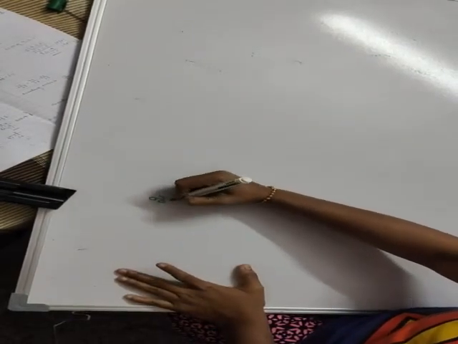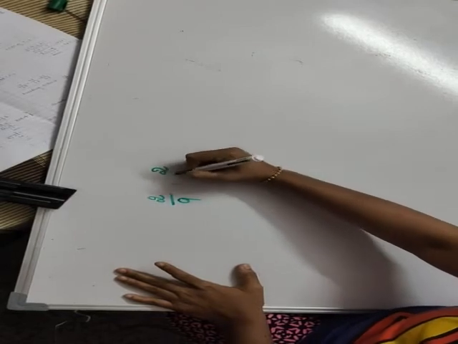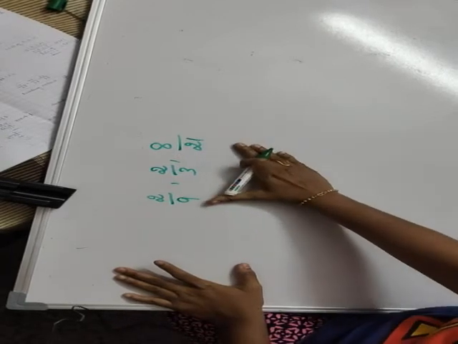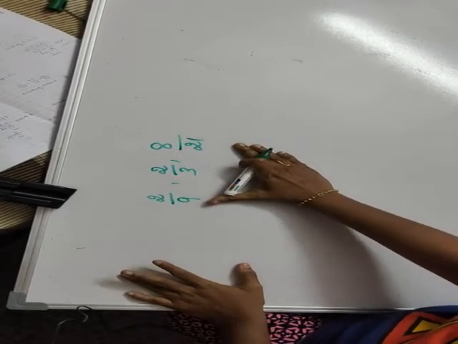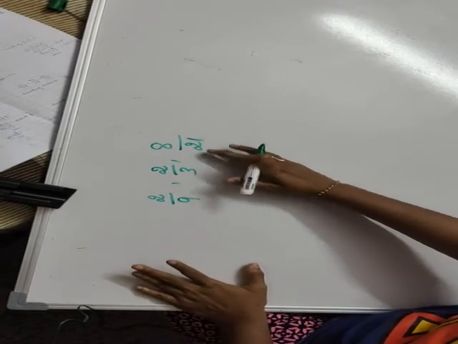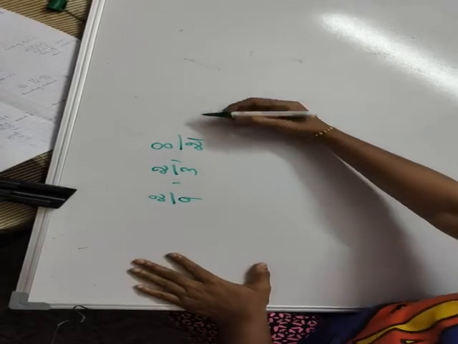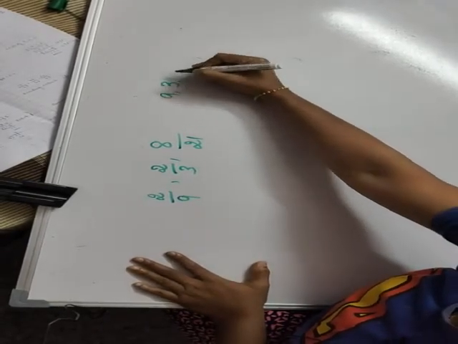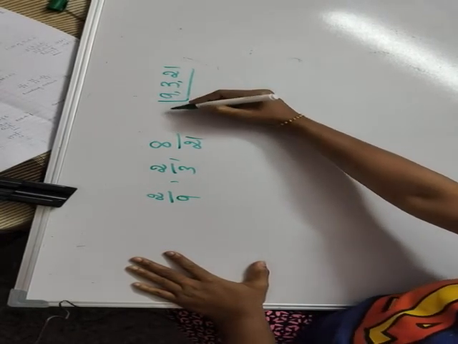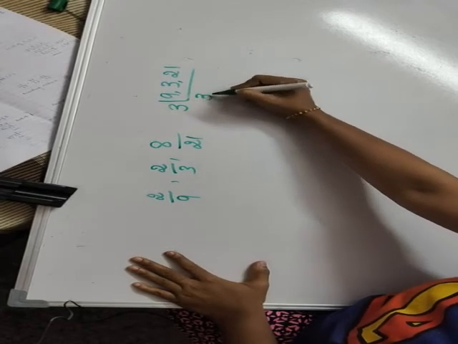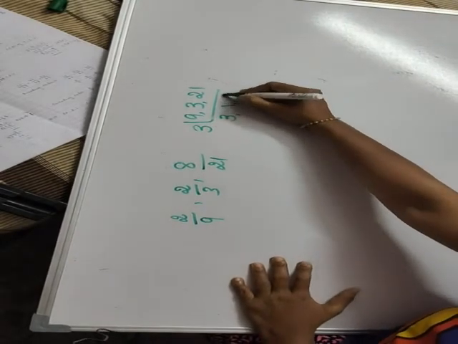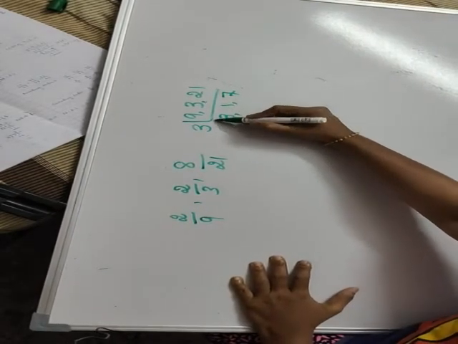Now I will take one question: 2 by 9, 2 by 3, 8 by 21. Now it is asked in ascending and descending, both orders. Any one order they may ask, no problem. Anything, you must convert the denominators to the same. So go for the LCM method. Divide by prime numbers; don't divide by 9 because 9 is not a prime number. You divide by 3. 3 3s are 9. Next 3 1s are 3, 7s are 7. Now see, these 3 and 7 are prime numbers.